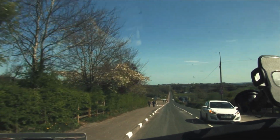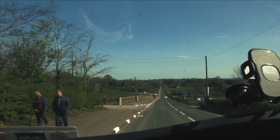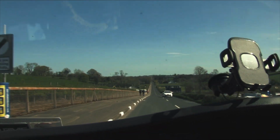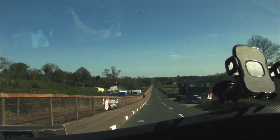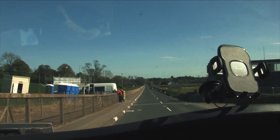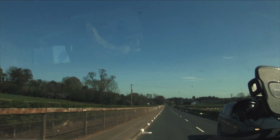You can see now they're still setting up the track, but it is only Thursday afternoon. And then there's a sign for "thank you for driving carefully," which all the riders appreciate. And then we're straight back down to the start finish again. So sports fans, there's a lap of Cookstown, and hopefully we'll be doing it a little bit quicker tomorrow and